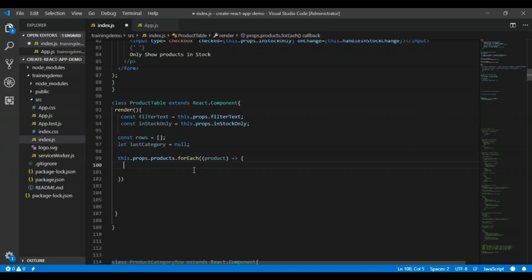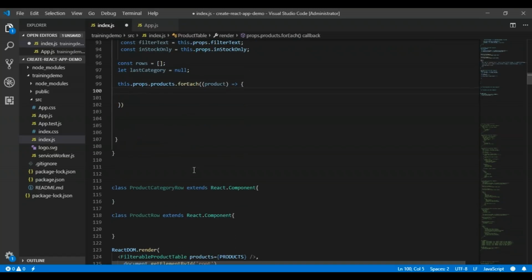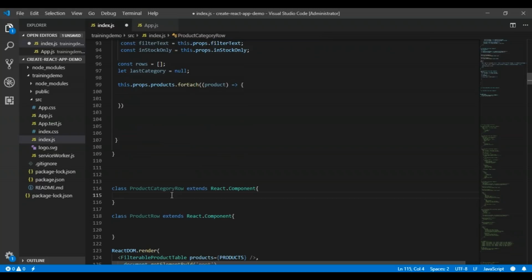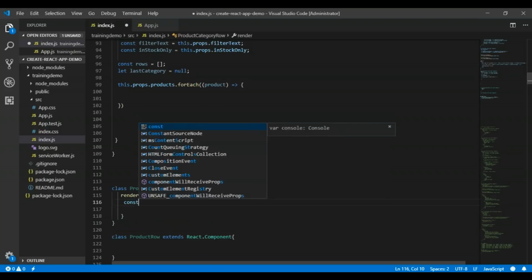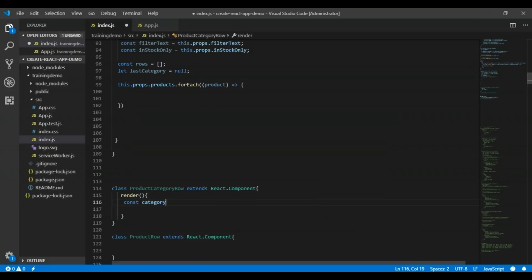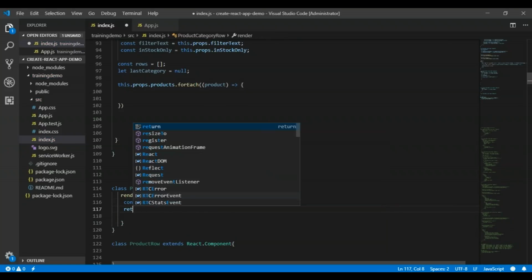I will create a structure, and before that, I can define this ProductCategoryRow. So let's define this ProductCategoryRow. In the render method, I'm defining a constant, category, equal to this.props.category, and there will be a return statement.